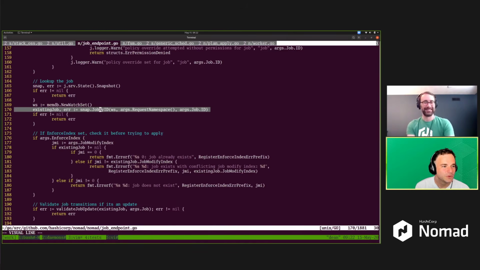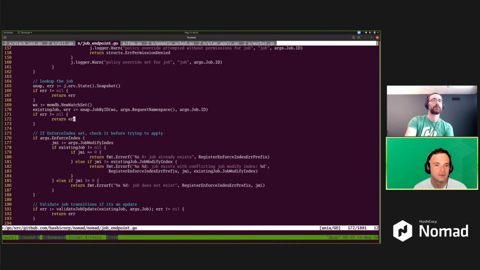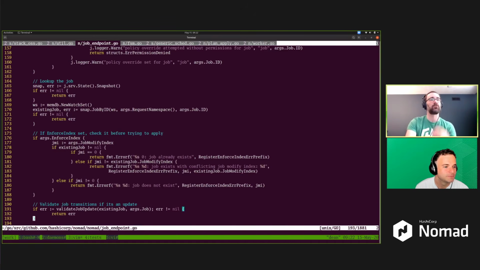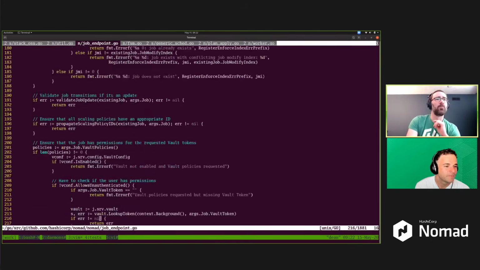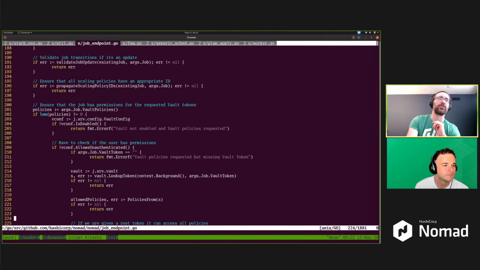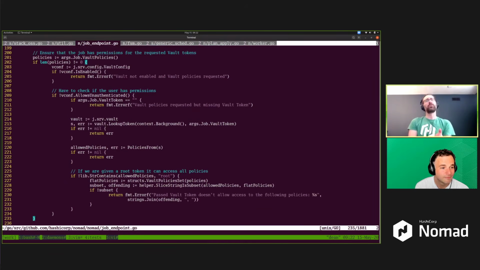So we check what is already running. Where do we go from there? Yeah, great. So we check what's already running, some more validation, check the Vault policies. The Vault thing is probably worth spending just a second on, because what's interesting is you submit, when you're using our Vault integration to inject secrets or a Vault token into your jobs,